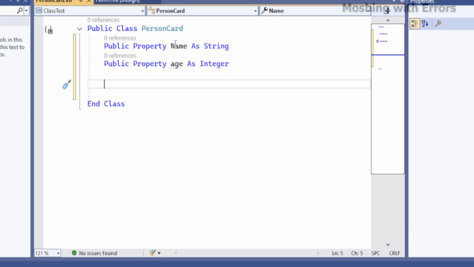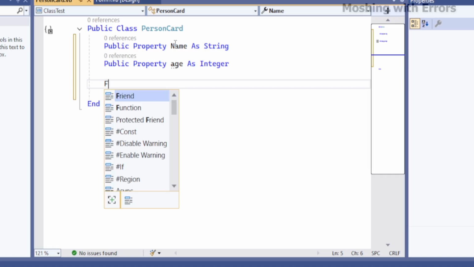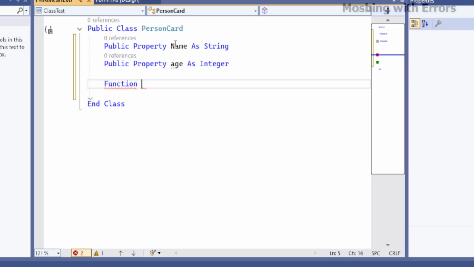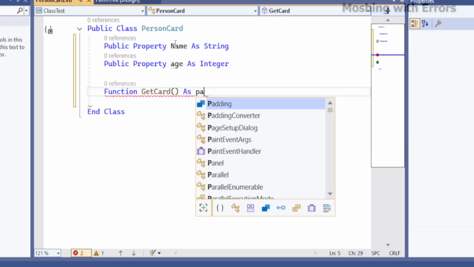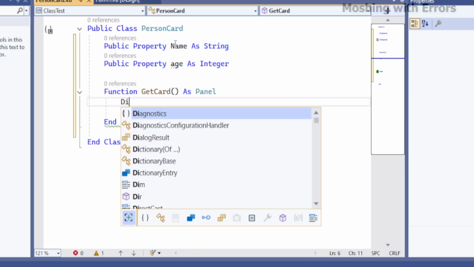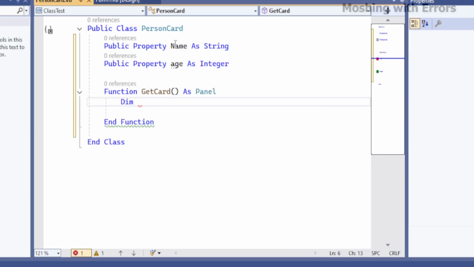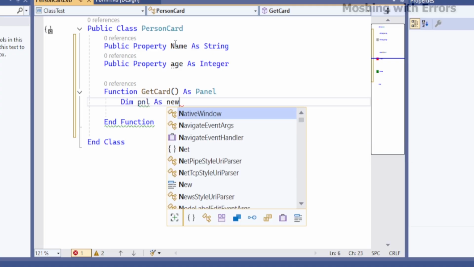Now we need a way to display this data. Let's create a function called getCard. So I type function getCard as panel. Let's create a new panel and set some of its properties. Dim pnl as new panel,